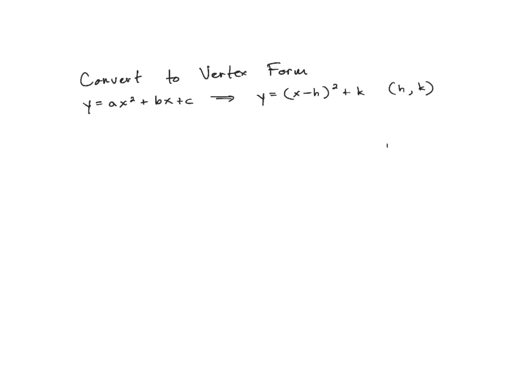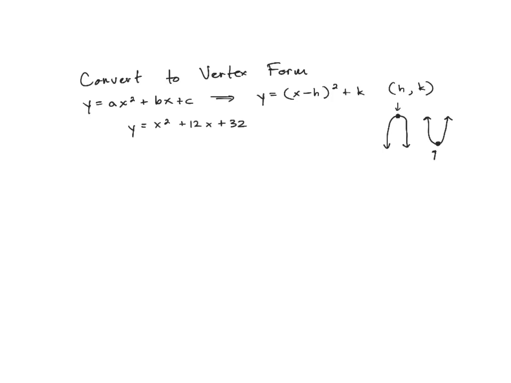So basically, if we're looking at a graph, whether it's up or down, this is our vertex here. And so by converting to this equation, we're able to find this point, which is an important point because it really shows you what your graph is. Now, if I use an example like y is equal to x squared plus 12x plus 32, okay, what I